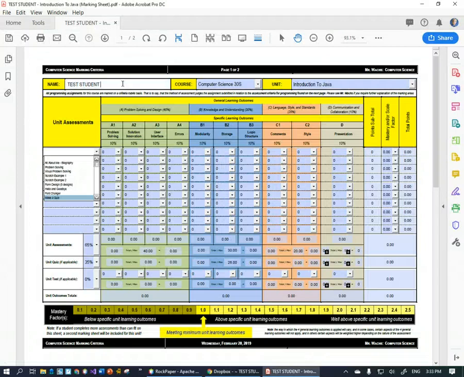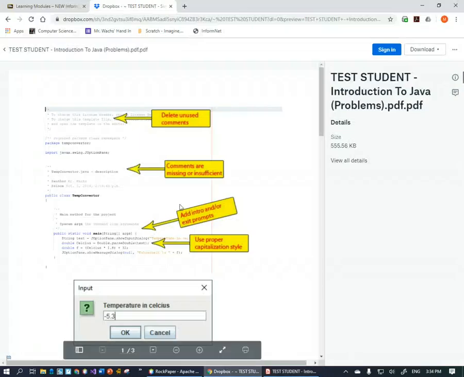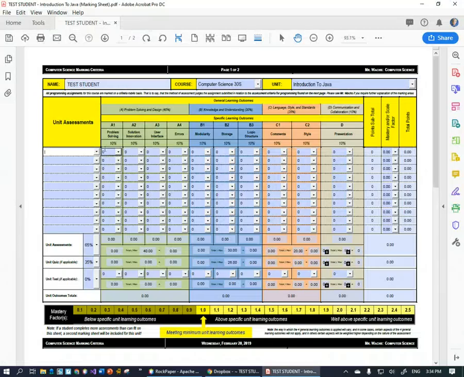Okay, so what I want you to see now is what I see on my end as the teacher going in to mark this. So I obviously have seen your assignment and I've made some comments on there. So now I'm going to go in and assess that assignment. So from here I would have selected that you had handed in the rock, paper, scissors program and that you had handed in